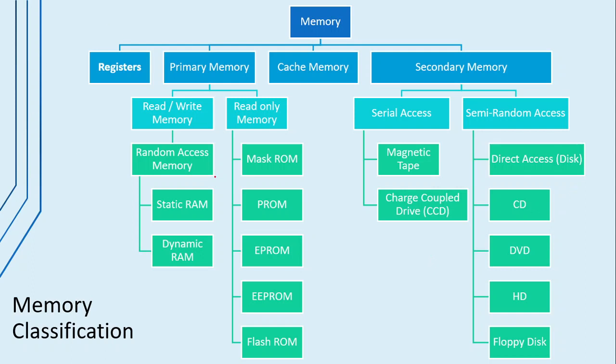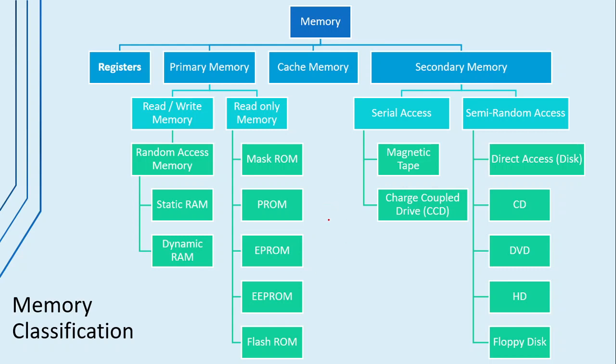So in this unit you will learn in detail what registers are, how data can be stored in registers, and about primary memory, cache memory and secondary memory. In registers you can store your data in bits, right? Cache memory has a size greater than the register but less than the primary memory. Primary memory has a size greater than the cache memory but less than the secondary memory, and secondary memory has a higher storage capacity compared to other memory.